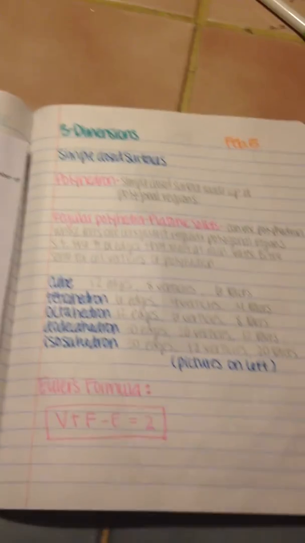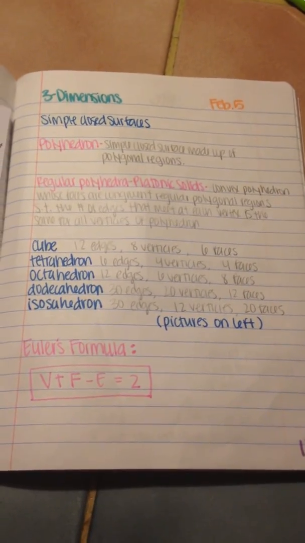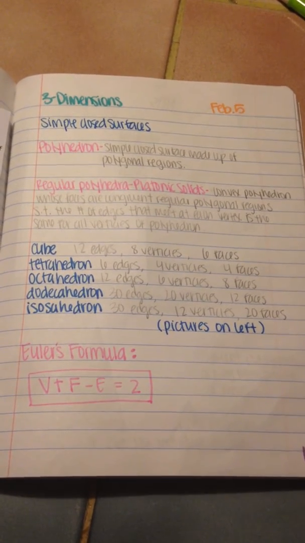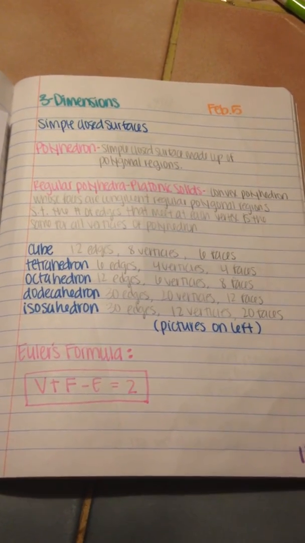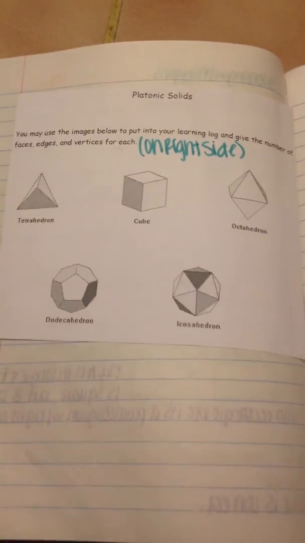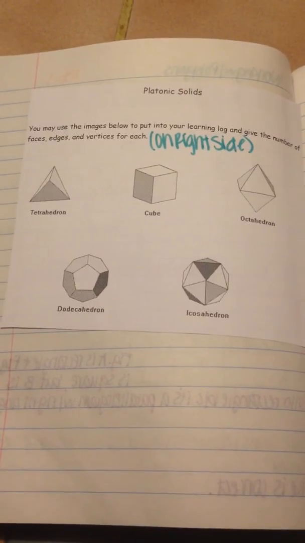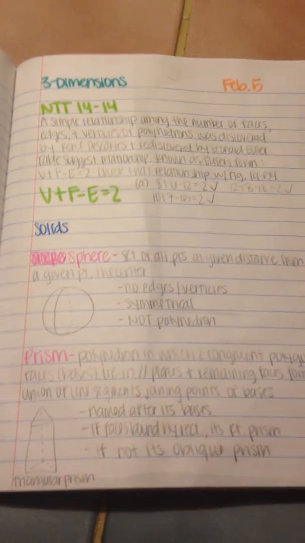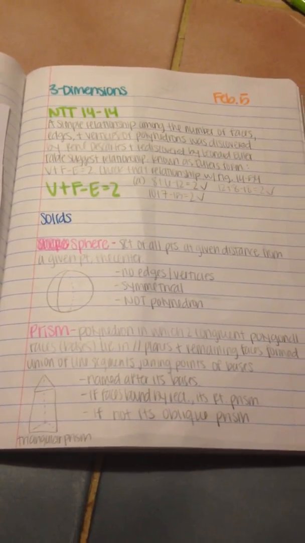And then now it starts 3 dimensions. Simple closed surfaces, defined, and the edges, vertices, and faces of each, followed by Euler's formula, then the pictures of each platonic solid. Then now try this 14-14,